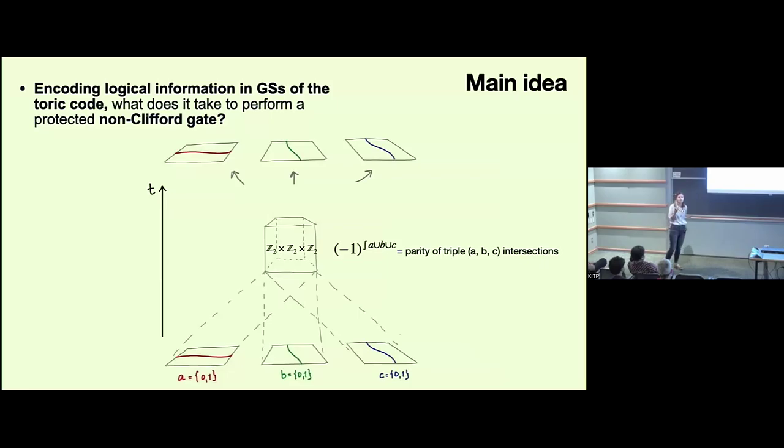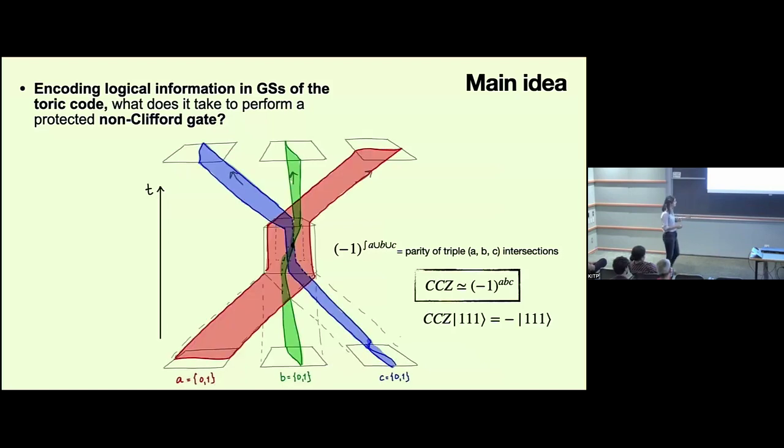So these are operations that respect your ground state space. They might rotate it, but they're respected. One example of such an operation is a double cup product. And the dual of that is actually just counting the parity of triple intersections between the membranes in space-time. That's what this operation really is. So if we can arrange that there is an odd parity of triple membrane intersections, then this topological action would give us a -1 phase on a state that has all these 3 membranes.